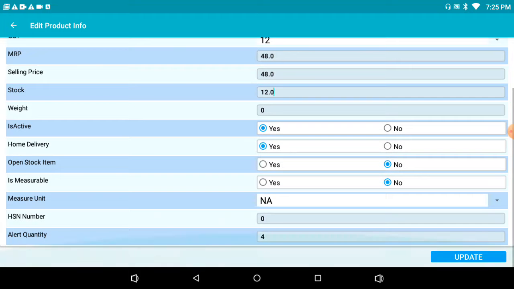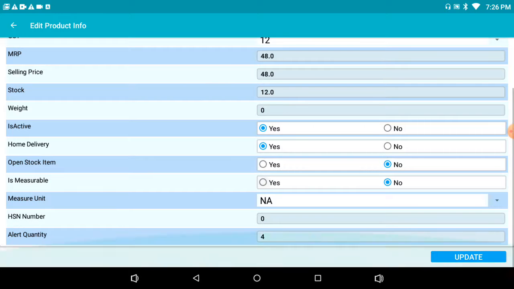Weight of the item. This is not meant for the products which have a barcode on it. This particular measurement is meant for the products which do not have a barcode on it, like the loose items. We simply mention the weight of it to identify the amount of that product per kg weight or per 0.5 kg weight or per 0.25 kg weight. I have covered this particular thing in the last video.